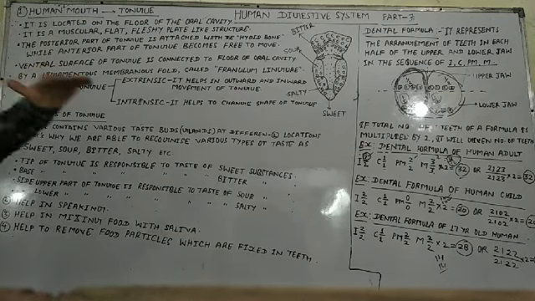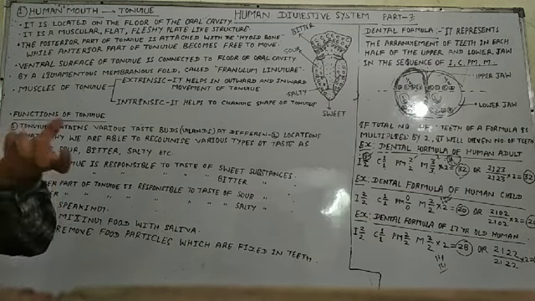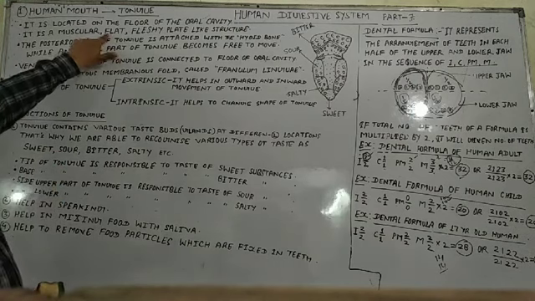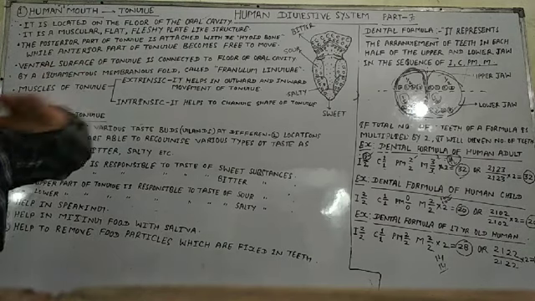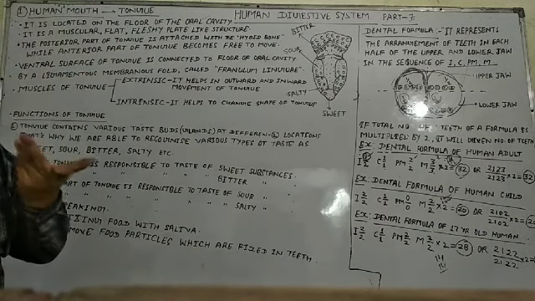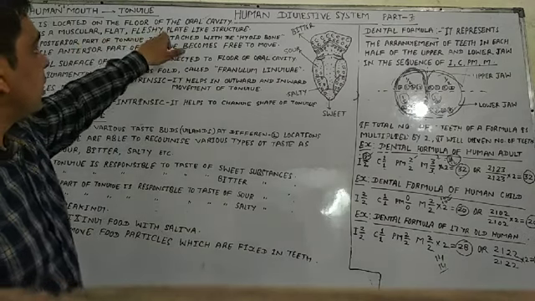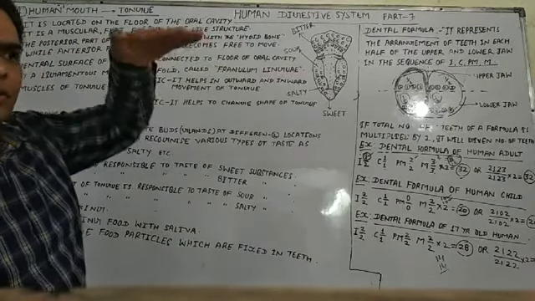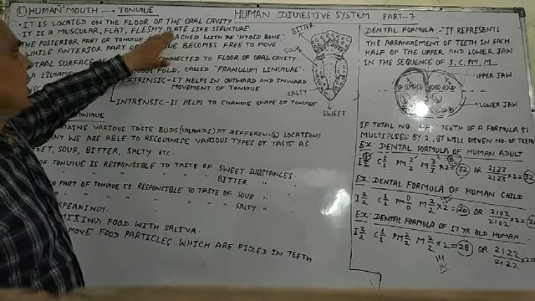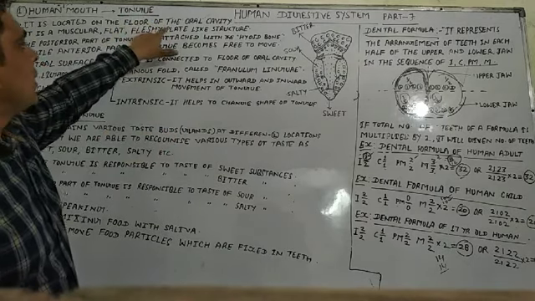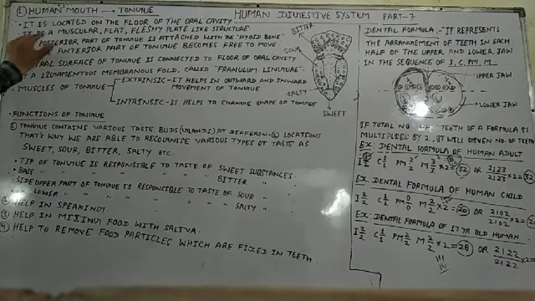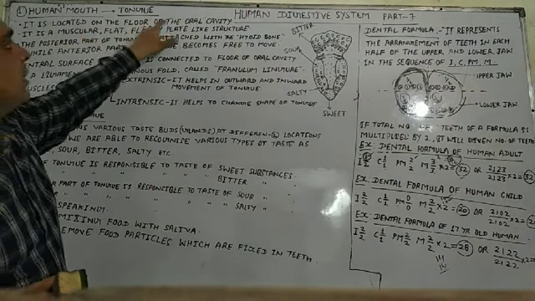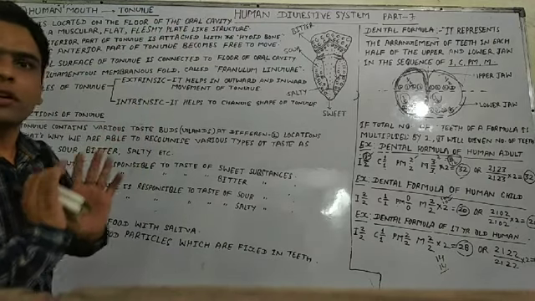Fleshy means most portions are made of watery substance, so it is a fleshy structure. It is a flat structure, not a rough structure. It is a very flat structure, a fleshy plate. It looks just like a plate. You can feel it is a plate-like structure. So what about the tongue? The tongue is a muscular, flat, fleshy, plate-like structure. That is all about the tongue's structure.